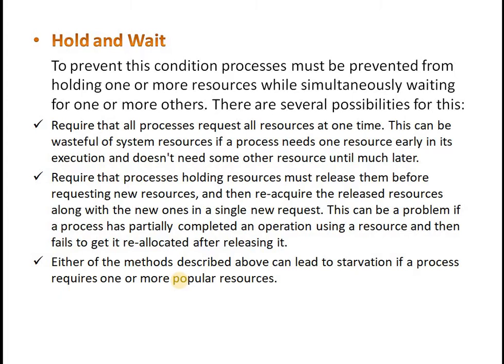It means that by prohibiting a process from waiting for more resources while already holding certain resources, we can prevent a deadlock. This can be achieved by demanding that at the very beginning, a process must declare all the resources that it is expected to use. The operating system should find out if all these are available and then allow the process to commence. In such a case, the operating system must update its list of free available resources immediately after this allocation.